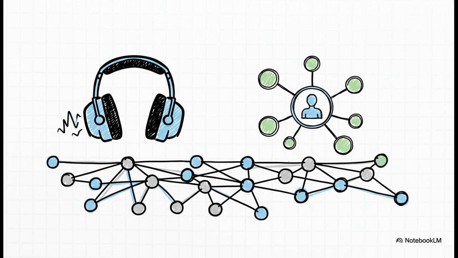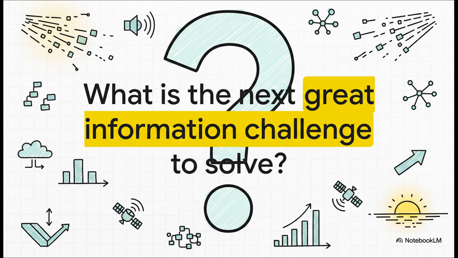Information theory isn't just some abstract idea. It's the invisible blueprint of our modern world. Which leaves us with one final question to think about. We are creating data at an absolutely explosive, unbelievable rate. Shannon gave us the mathematical tools to measure it and to transmit it. So, as we look to the future, what do you think is the next great information challenge that we're all going to have to solve?